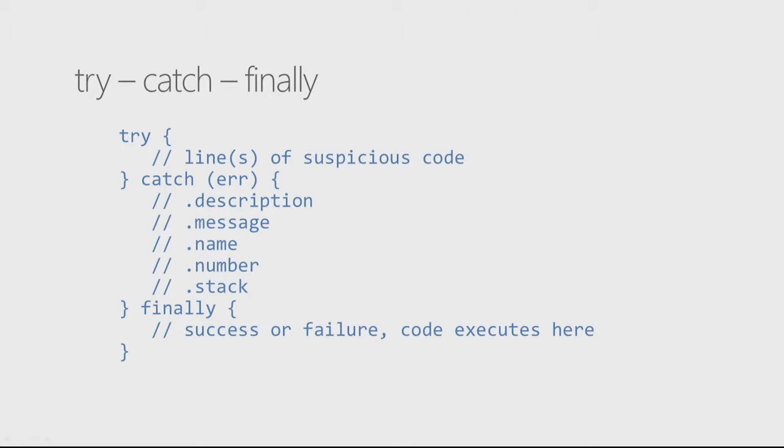The main ingredient here is that when you are looking at your try, the first thing you want to do is you're saying, okay, well, what are the suspicious lines of code? And when we say suspicious lines of code, what we mean is something that could potentially cause a problem. This could be a custom error that's thrown from an API. It could be maybe you're trying to go across the network or something and grab something through a call. You don't know if it's going to succeed or fail. So there's a number of reasons why something could be suspicious about, I don't trust that this is going to work,